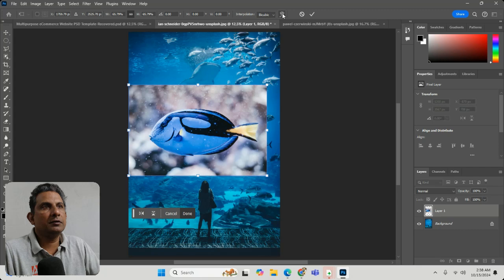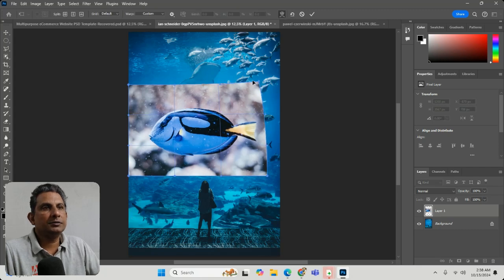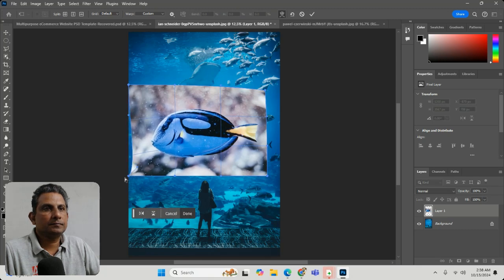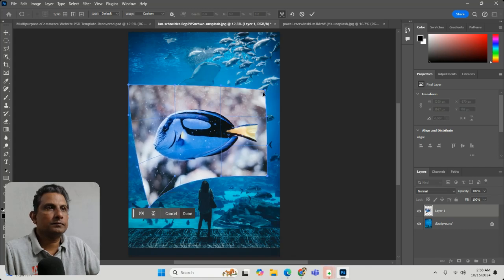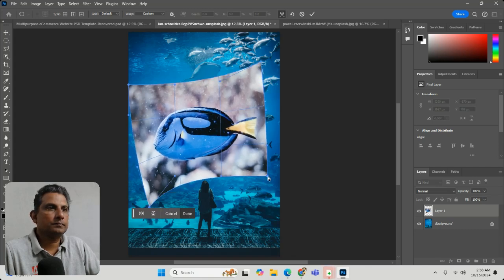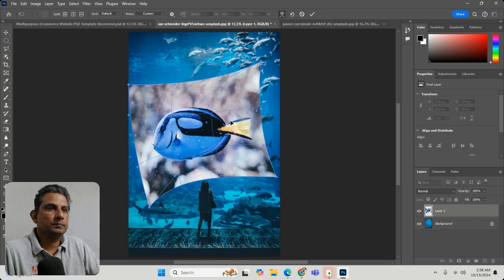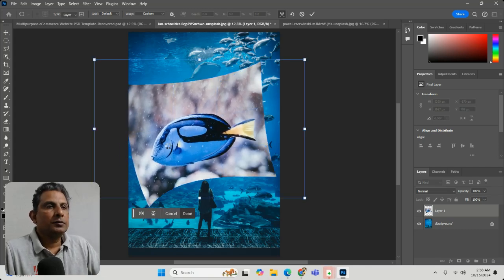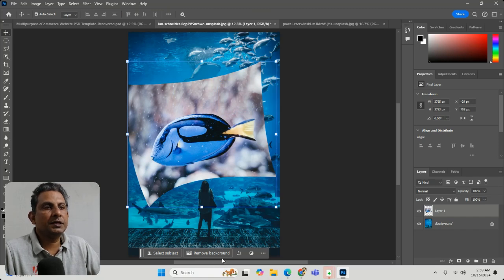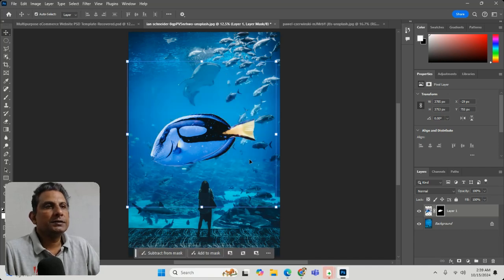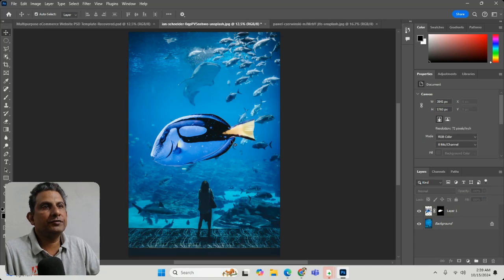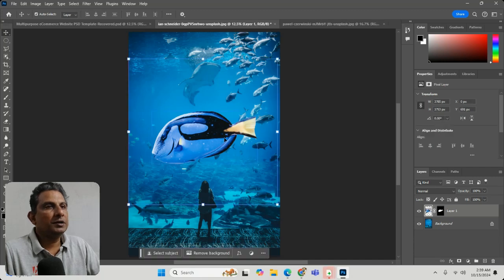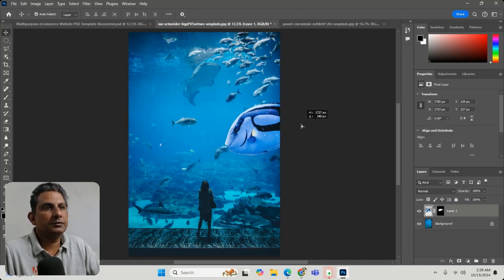What I need to do, I click on this. Then I am going to change my perspective. So now I have changed the perspective. I am removing the background. See, now you can see that this fits perfectly. But one important thing I'll tell you, once you've done this,